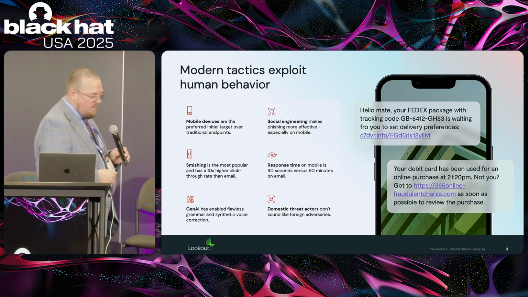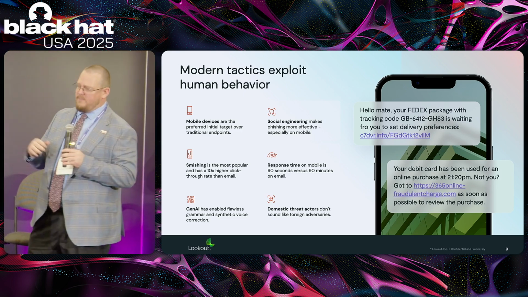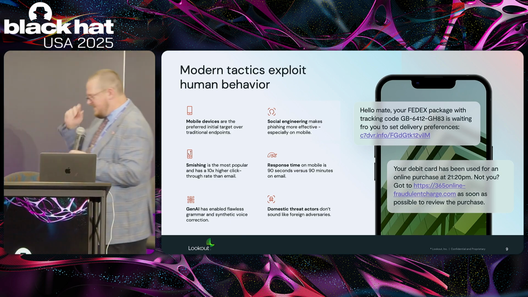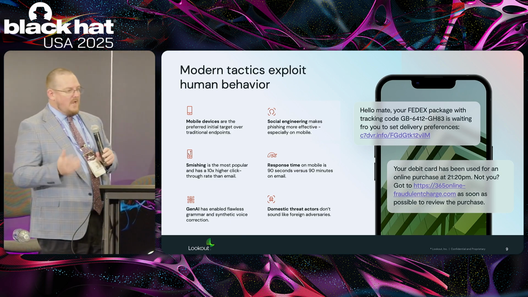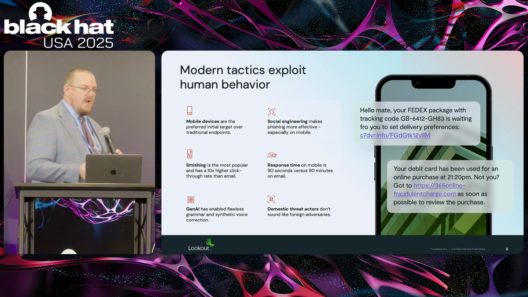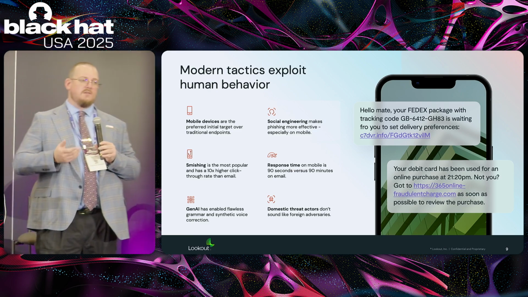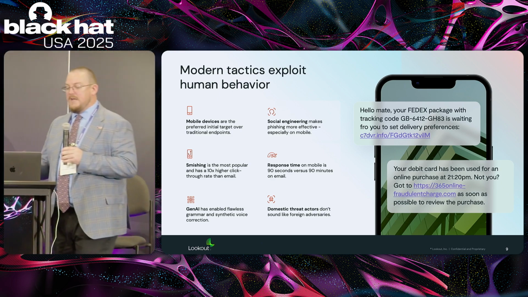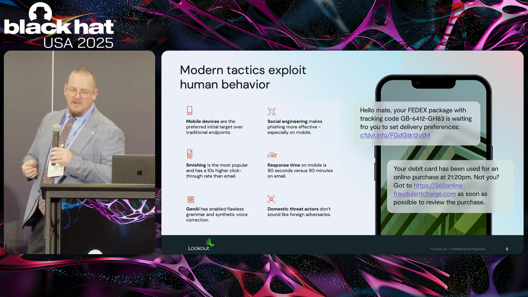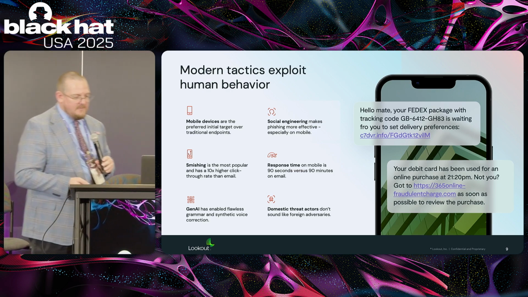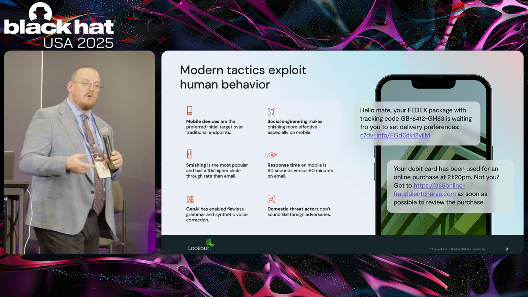Now, when we talk about AI and the importance of AI, both from a defensive standpoint, but also from an offensive standpoint, there's been a couple of things that we've seen. From an AI perspective, phishing messages have gotten really darn near close to perfection as far as the English language is concerned. This is making things a little bit more believable. It's making them really tailored to very specific attack campaigns. And because of that, people are clicking more and more on these links.